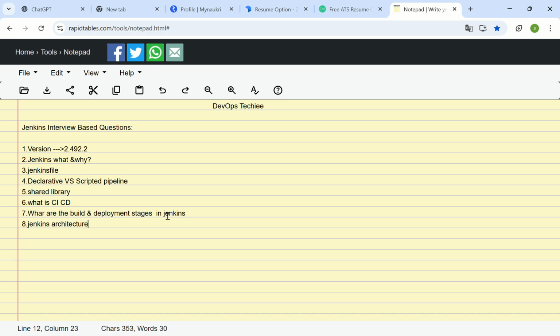What is the exact architecture of Jenkins? What is the master slave architecture? How are we integrating this master slave architecture, and how are these two communicating? Everyone knows that the master is there and it will give the task to run the job on the slave, but how